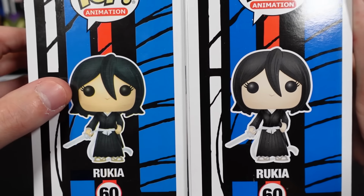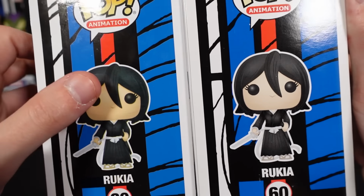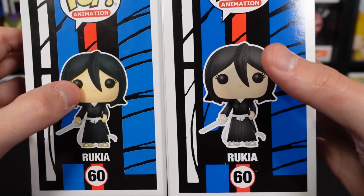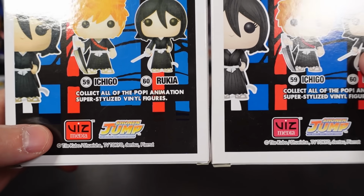She's a lot more tan here, and it's a little bit more green in person. You can't see it on camera, but it does have a really light green shading there. And as you can see, she's very pale here versus very tan. On the back, something I noticed with Rukia, and very similar to the Hollow Ichigo figure we're going to go over,